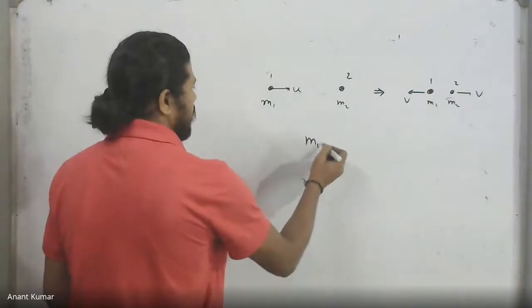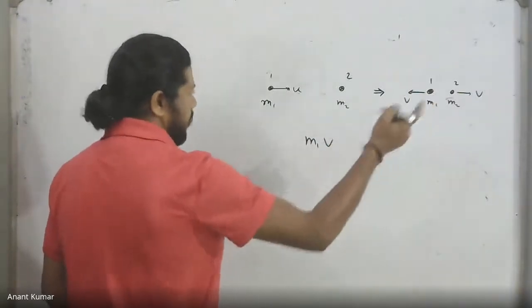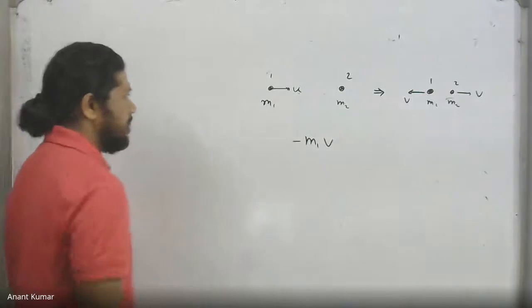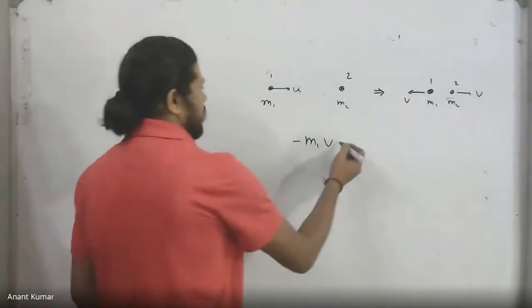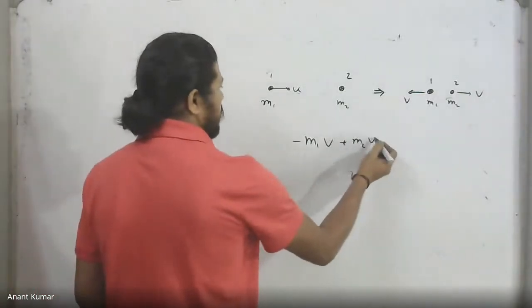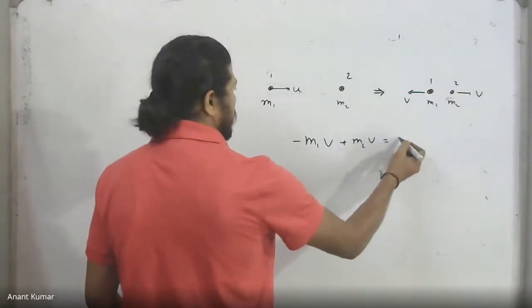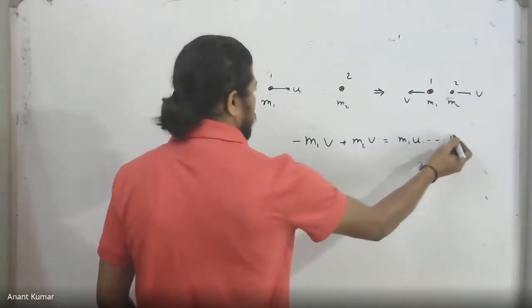So we have in this case to determine the mass ratio m1 by m2. If I consider the usual tool, first of all, it's a closed system, so the momentum has to be conserved. So I get first of all that m1 into v. Let's say the forward direction is positive, so m1v is negative with a minus sign actually, plus m2 into v. That should be equal to m1 into u. That's one equation you have got.